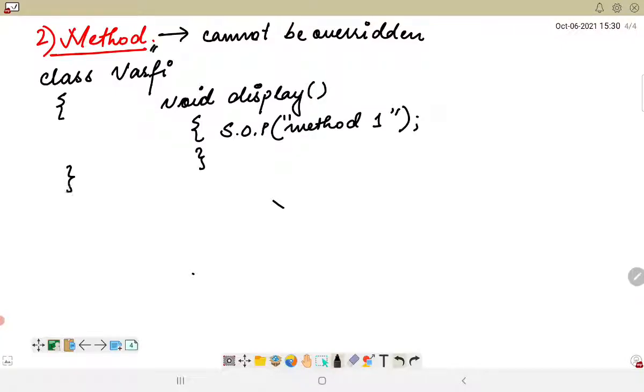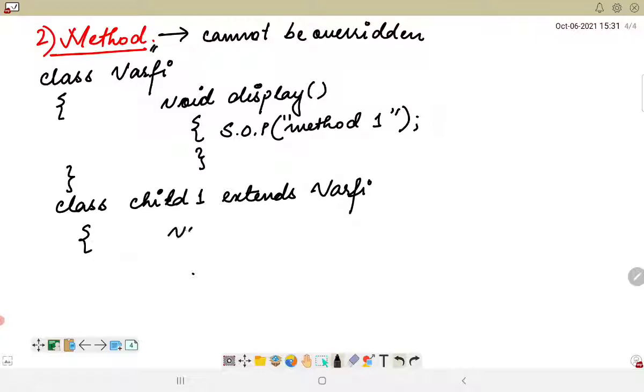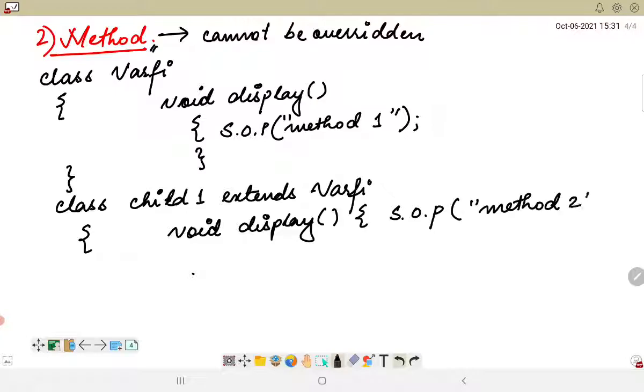Now when I try to override this particular method, I have to create a child class. So let us say class child1 extends var fee, and here I will use the same method, void display, but I will print a different statement, method 2.